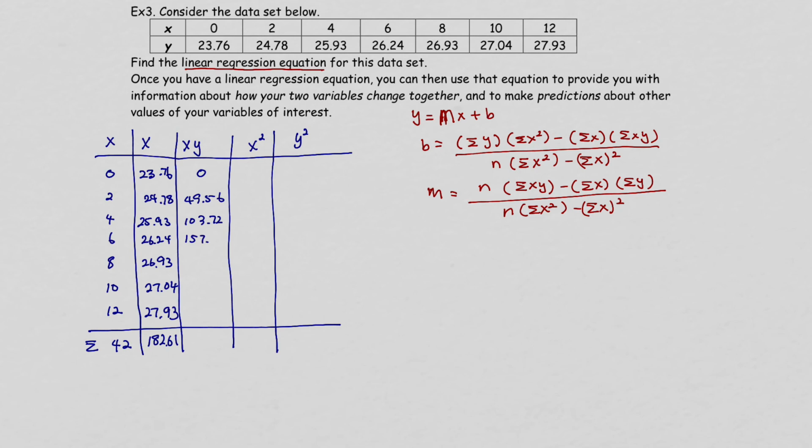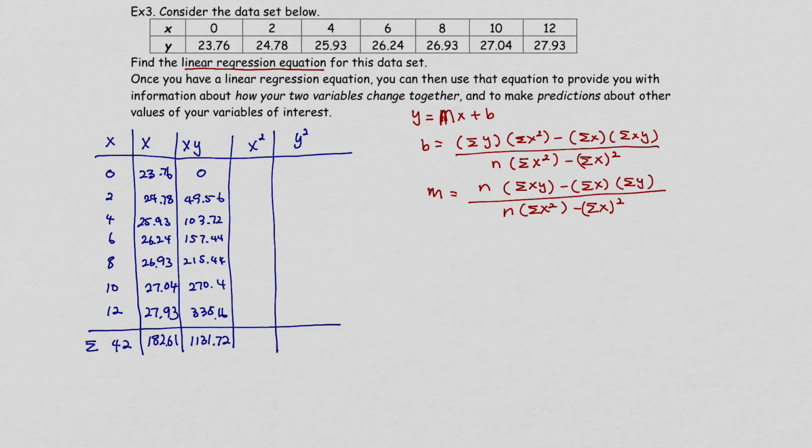Next number, 157.44. 8 times 26.93, you get 215.44. 10 times 27.04 will be 270.4. 12 times 27.93 will be 335.16. When you add them up, you get